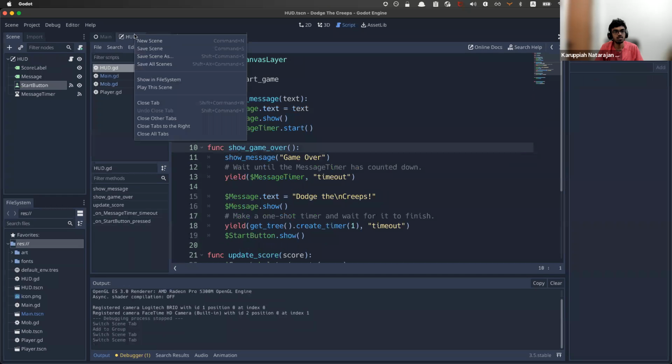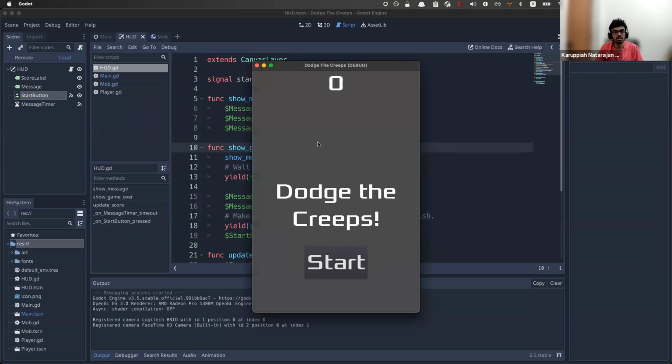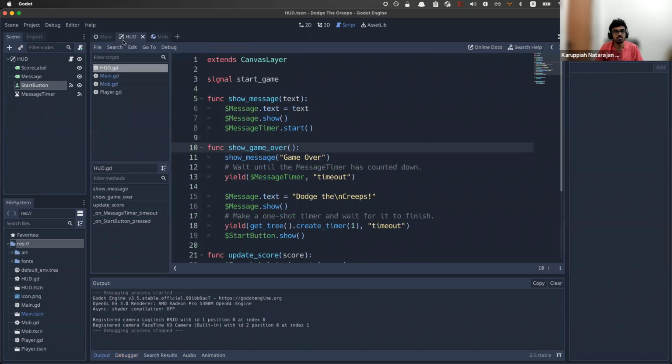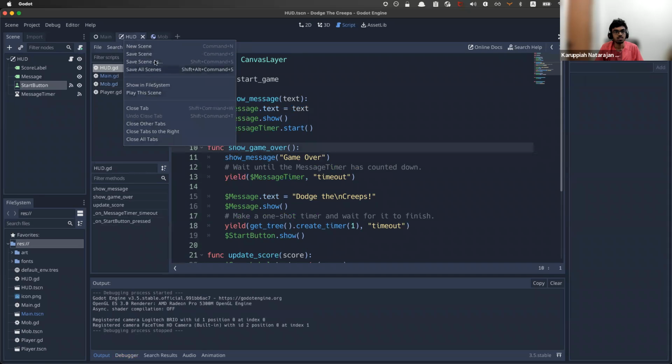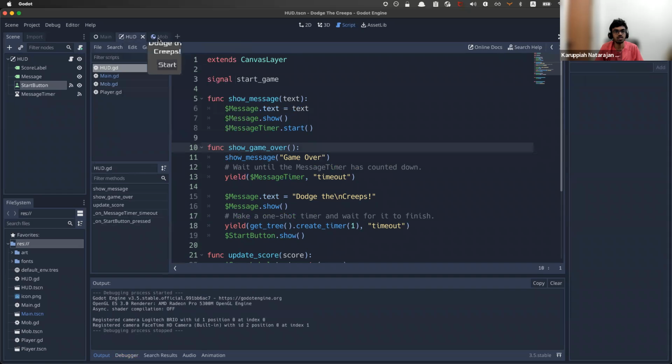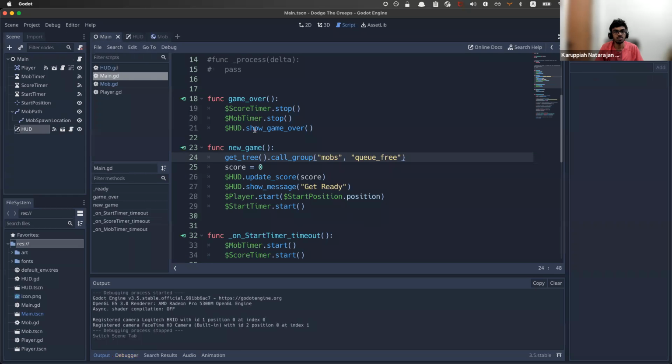If you click play the scene, close, save scene as, show in file system. How do I go to the scene though? Like if I do this, I'm able to see this is the scene. If I do this, I'm able to see this is the scene and all that. But hmm, not sure how to actually go back to that screen where I can see that thing. But anyways,